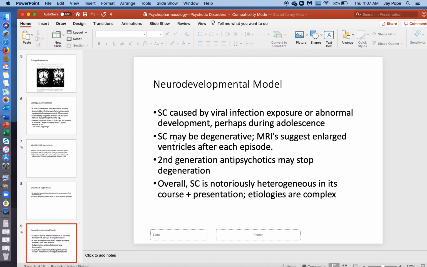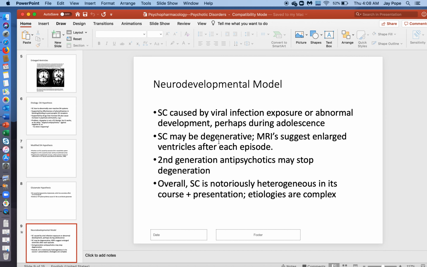There is more strongly the suggestion that schizophrenia may be degenerative. The idea there is that once people have psychotic episodes, the enlarged ventricles get even larger. And of course, every single time someone has a psychotic episode, it's likely that some brain tissue is going to die. It's not going to be as severe as someone who has a concussion or a stroke or a seizure. But nevertheless, over the long course, the more psychotic episodes a person has, that is to say, the more times they are actively symptomatic, it suggests that the brain may become debilitated.